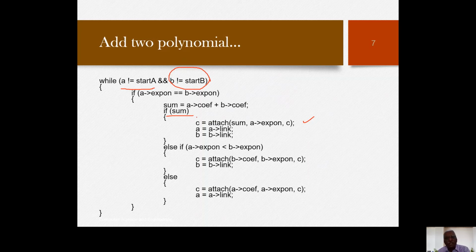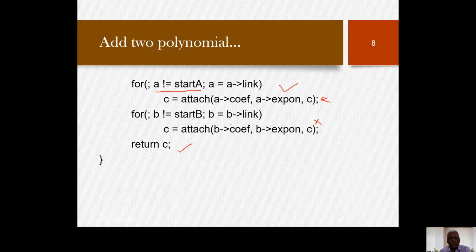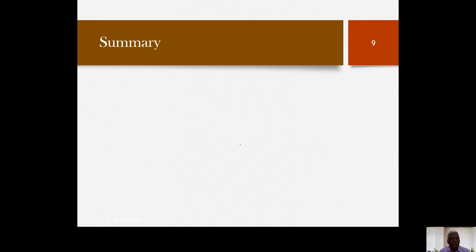So obviously a 0 sum we will not add. Once we construct the added polynomial, we will return the pointer variable of C. Then we can display the entire list. I'll show you the full program in code